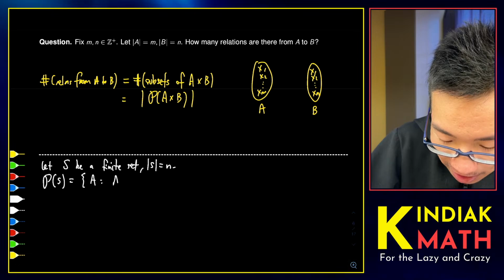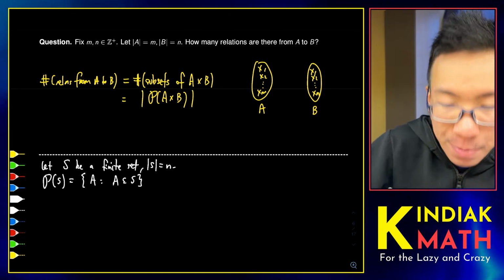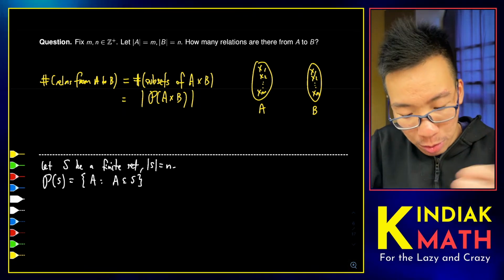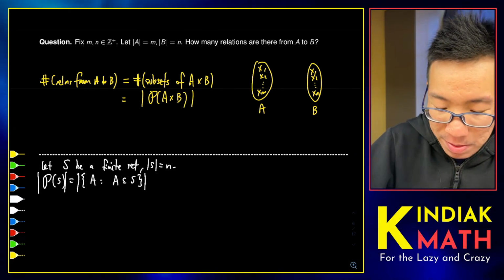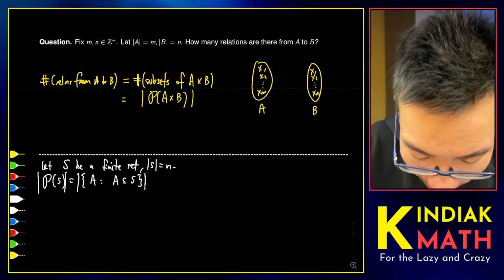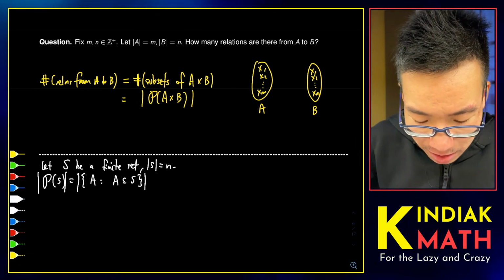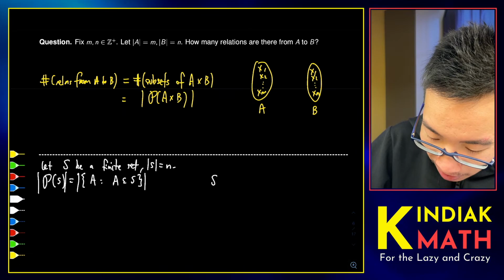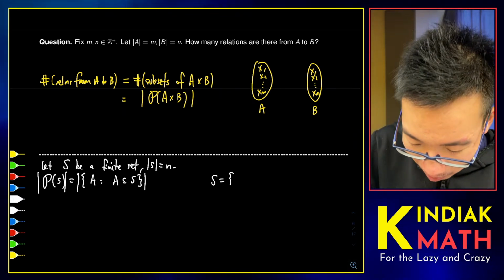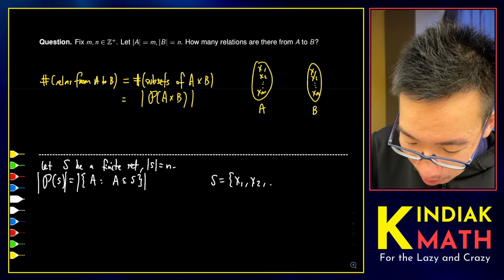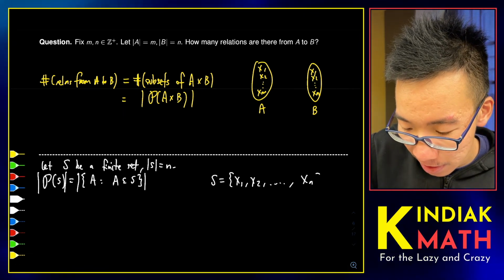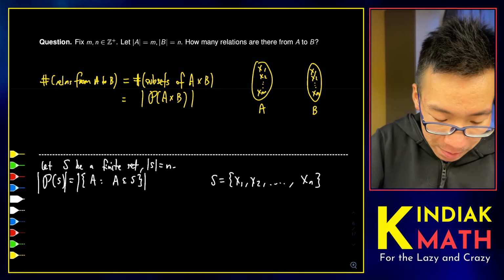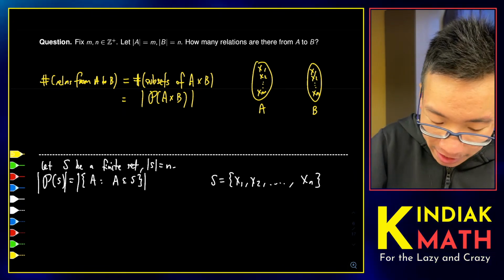So it's all the A such that A is a subset of S. And what we need to do is to count the number of subsets of S. Now, how do we go about doing it? So here's the question. S can be written as x1, x2, all the way to xn. Now for any subset A,